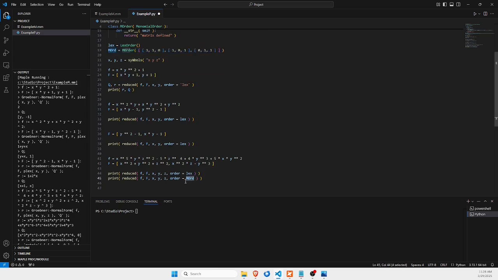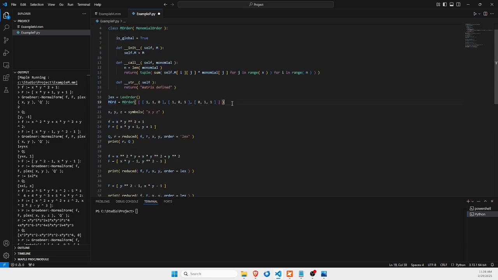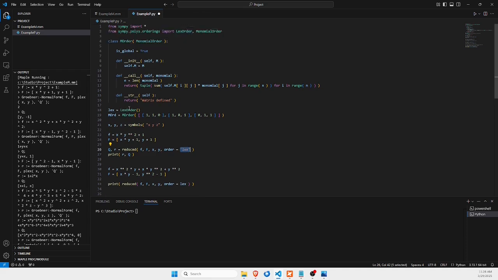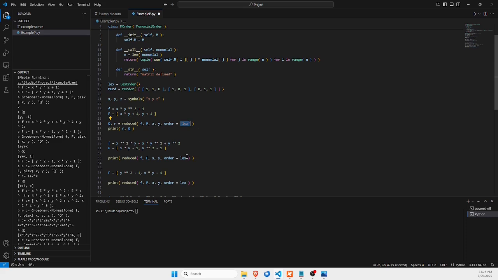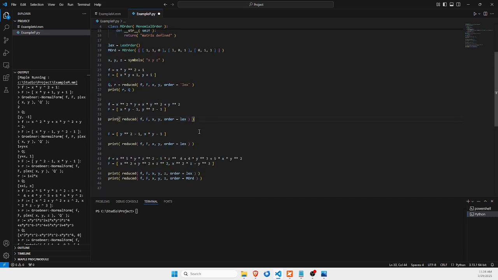Okay, so you have the option of doing the multivariate division with any monomial order that you like, but you may need to define them. For lex you can use the alias, or you can import it, define an instance of that, and then use the name of that instance. That doesn't matter. Now I run this, I should get the same results as this if it is the true multivariate division, right? Save,